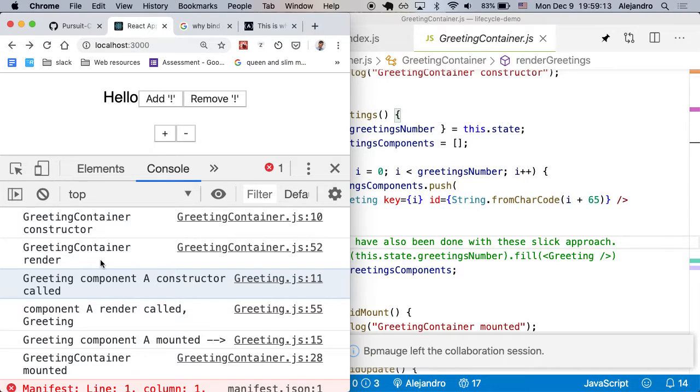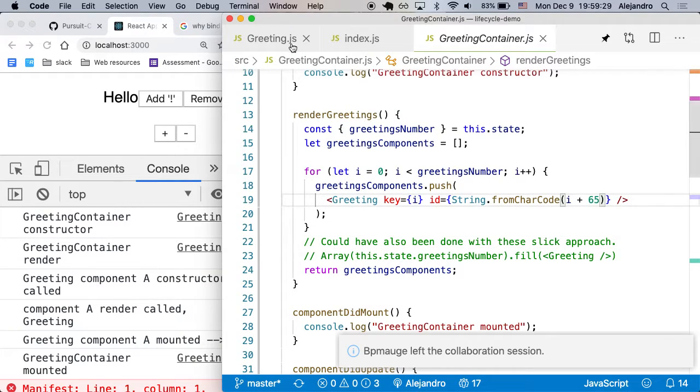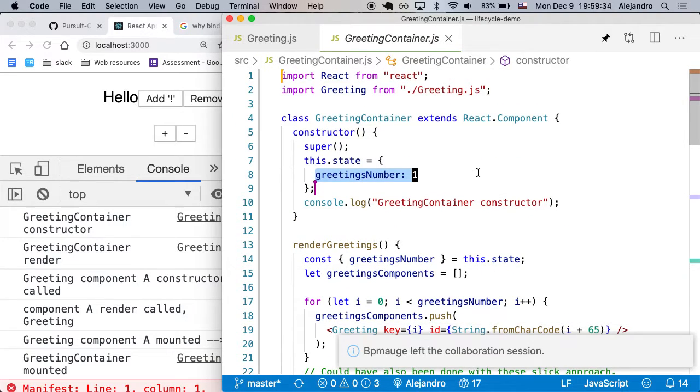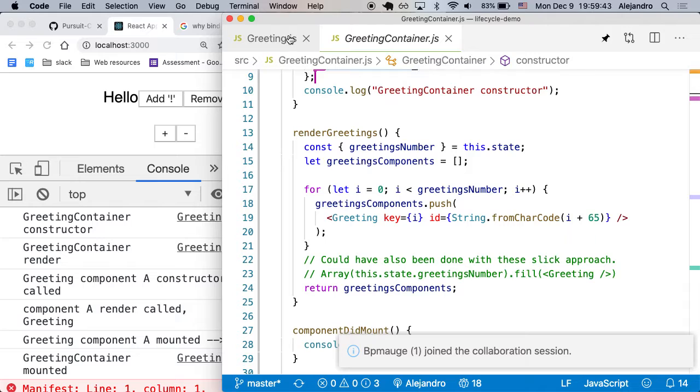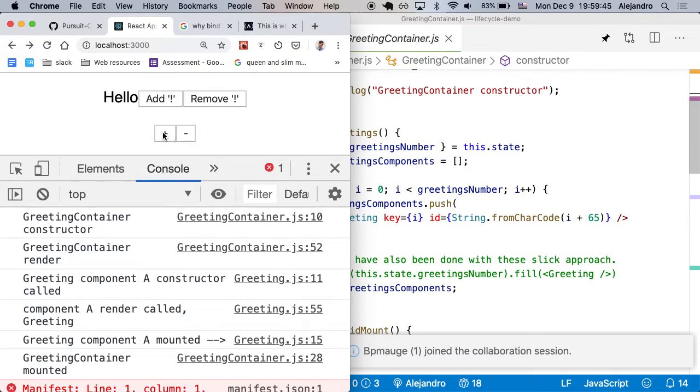So let's look at the updating. When I click on this plus, what happens is that on the parent, we're setting the state, basically just incrementing a counter from 1 to 2, which is this counter that we call greeting container. Greetings number. This is how many greetings we are displaying on the screen. And the plus button is just increasing that. So when I click on plus,